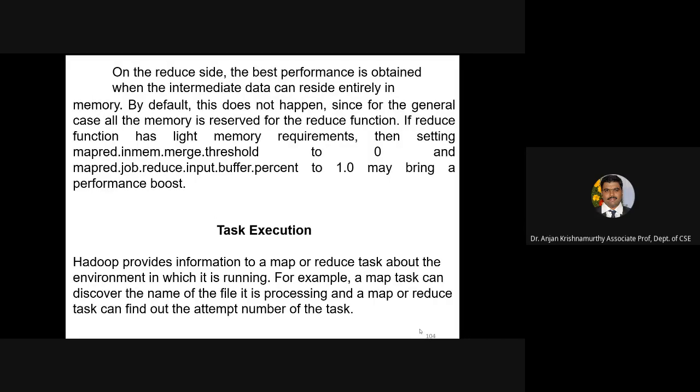So on the reducer side, when the spill is happening, you can ensure that this reducer has a certain amount of memory reserved for its function. You know that the number of reducer functions is always less than the number of map functions, and reducer functions will have a lighter memory requirement when compared to the map functions. Hence, you ensure that there is a certain memory reservation which will increase the buffer size of the reduce function, so that the spill which is being made by the map function can easily be taken into account.